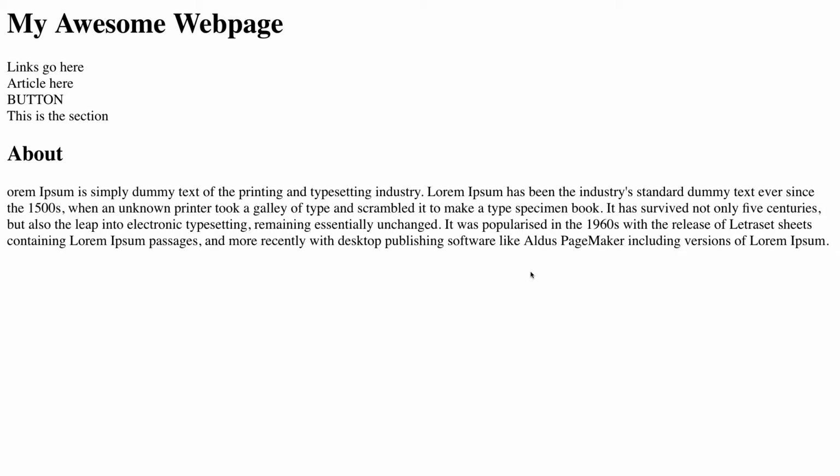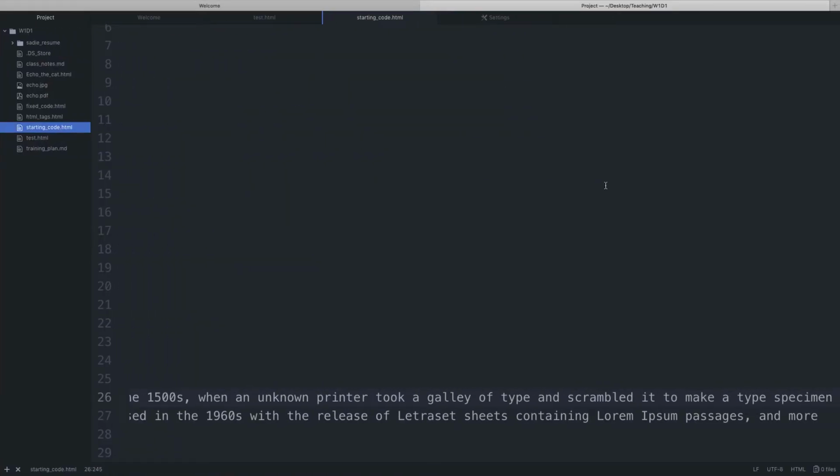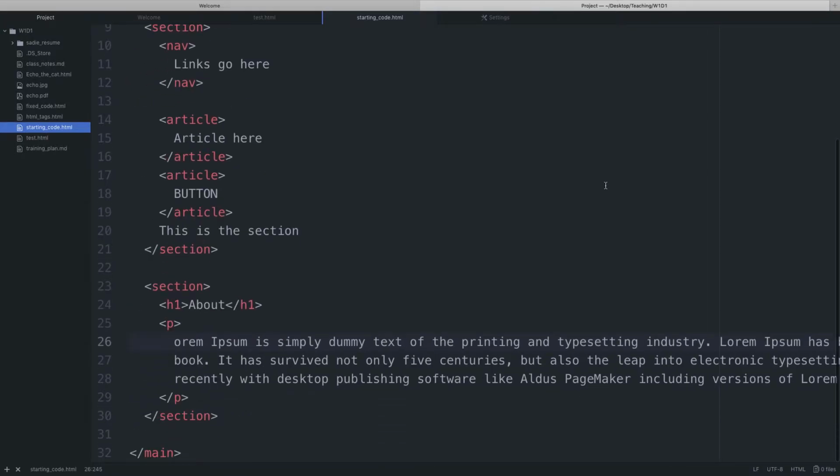Because you put it in P, do you not need to put it in a text size? No, so P will have a default text size. You can change that with CSS, with this sort of styling. So you can tell it whatever size you want it to be, and that is